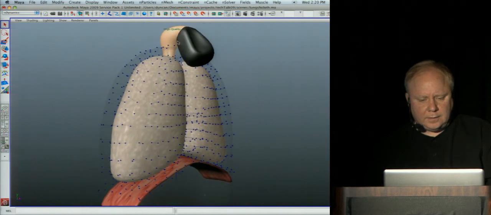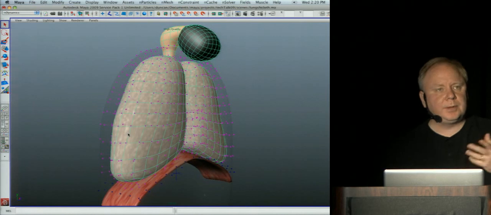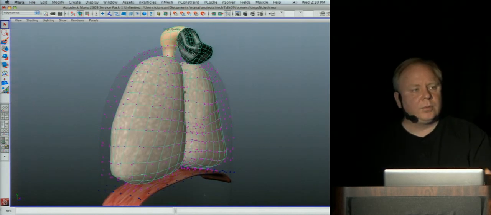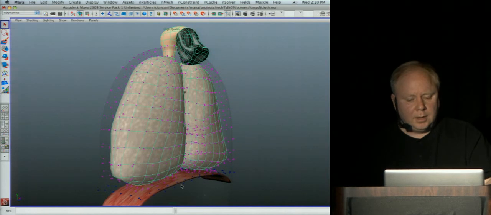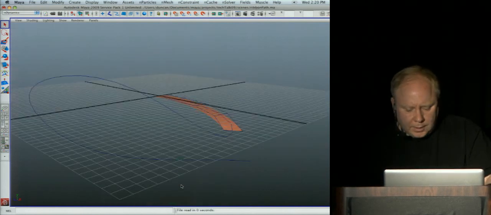I also had to make this, it looks like multiple objects, but this part at the top has to be one object, because the volume conservation will really only work if you've got one mesh that it is working on. Another thing a user wanted to do